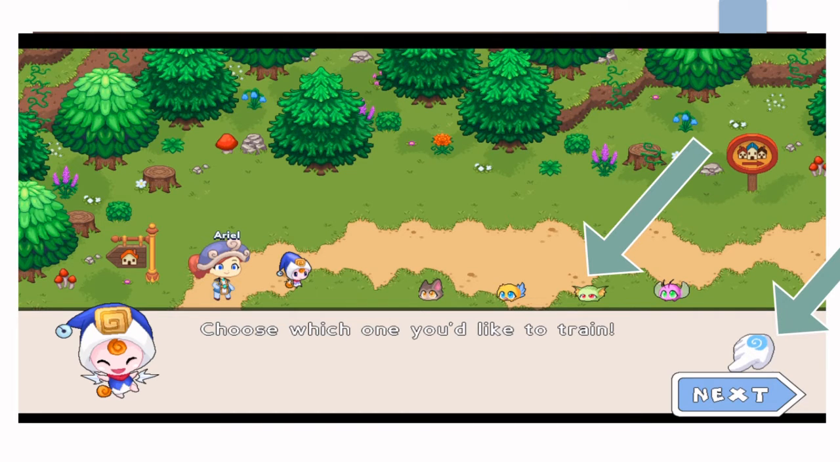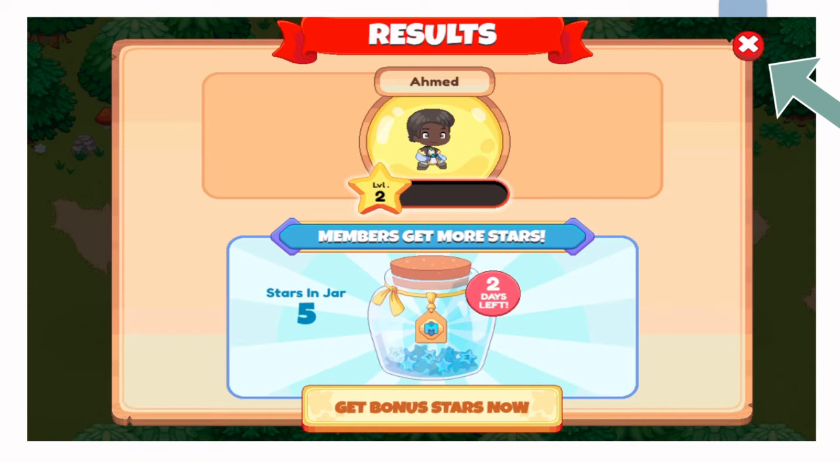I mentioned this earlier. This is what it looks like when those pets arrive. Choose a pet. Which one would you like to train? And then go ahead and choose that next button when you're finished. As you continue through your wizarding adventure,